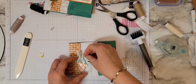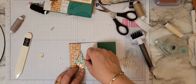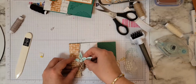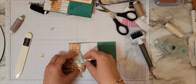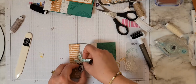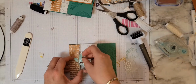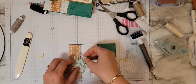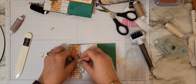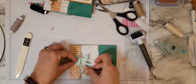The reason why we haven't tied any of this down yet is because if we wanted to pull a leaf through, we could. So let's go ahead. We're going to pull this leaf through. All right, it's being difficult now. Pull that leaf through, and then let's pull that leaf through. It's probably easier if you do all this before you tape it down, but let's go ahead. We're going to pull all of that through, and then we're going to bring